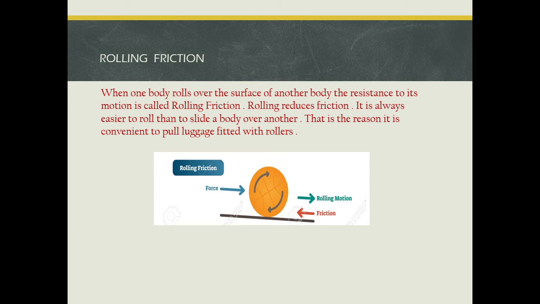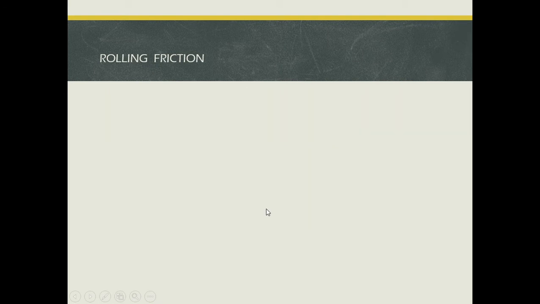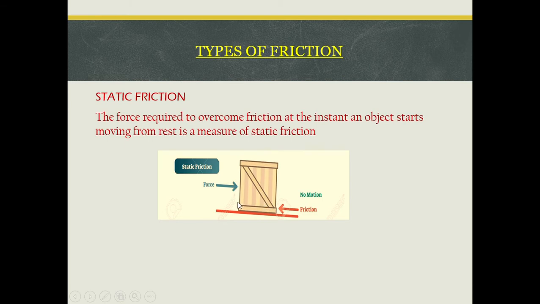When the object is moving with wheels, what happens is the surface area of the wheel which is coming in contact with the floor is small. Think that this is a wheel and this is the floor. When the wheel rotates, it is not really coming in contact with the floor for a longer time, so interlocking is not happening there. In the previous picture, I should show you, this is coming in contact.